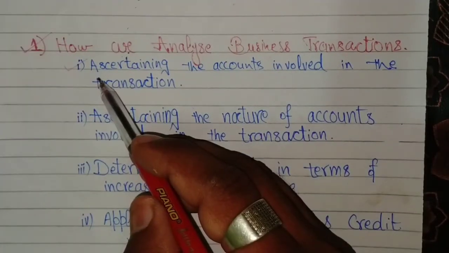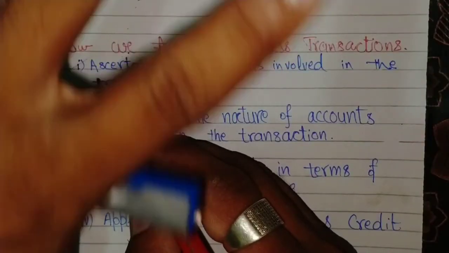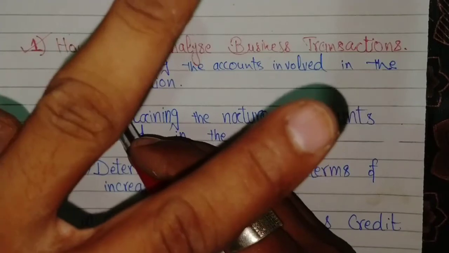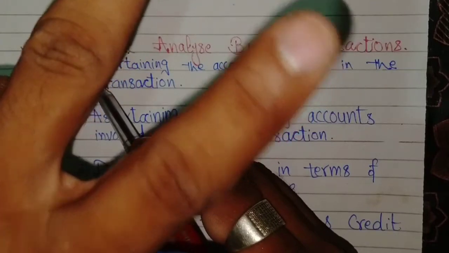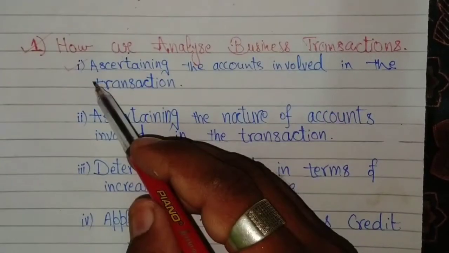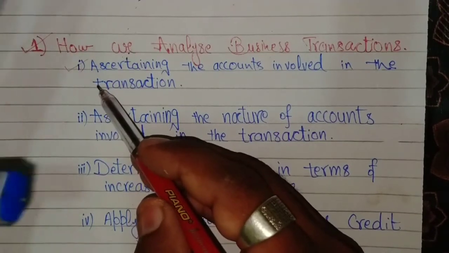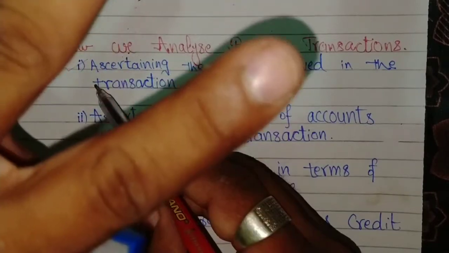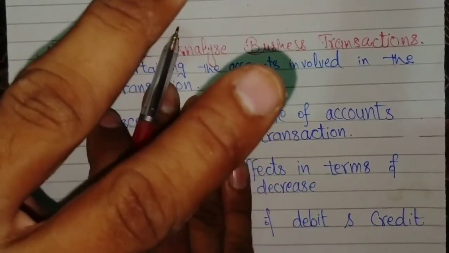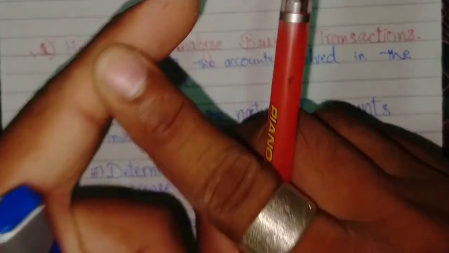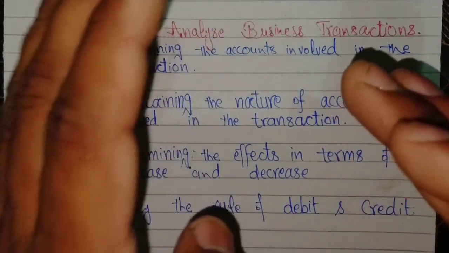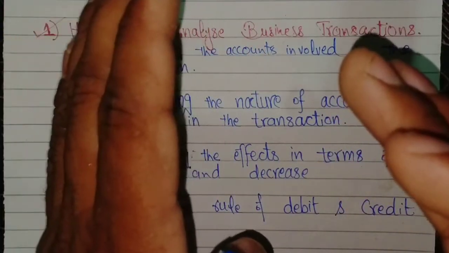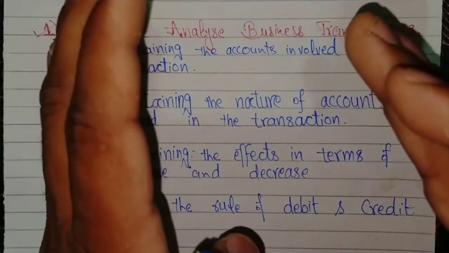Every business transaction involves 2 or more accounts. The process of analyzing a business transaction starts with finding out these accounts. For example, Mr. John started a business with cash $25,000. It is a transaction which includes 2 accounts. First is cash account and second is capital account. So in this way, we will screen or analyze the accounts within the transaction.